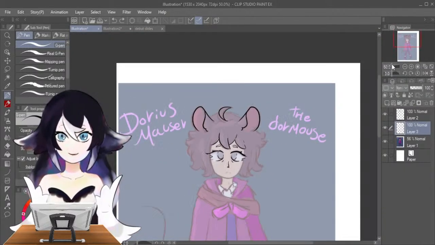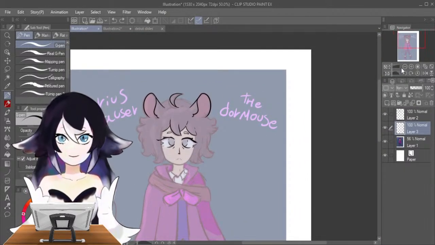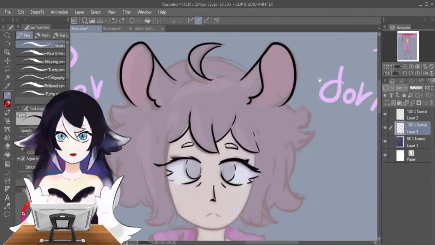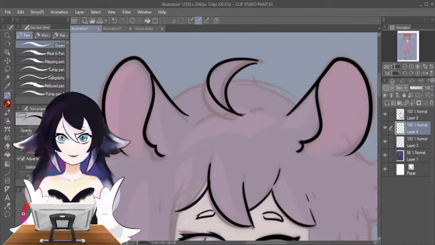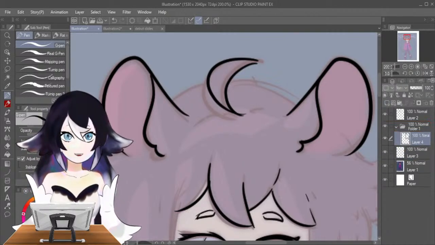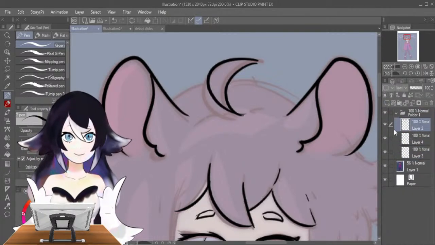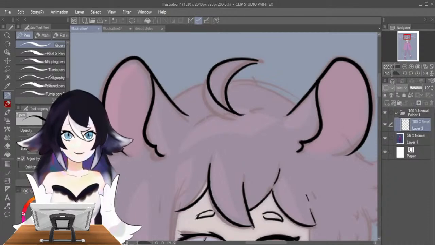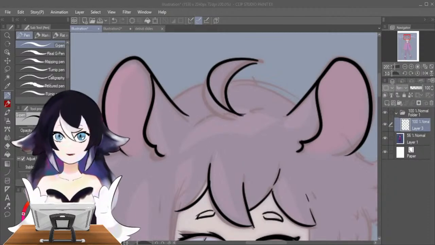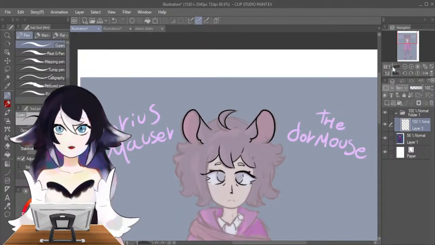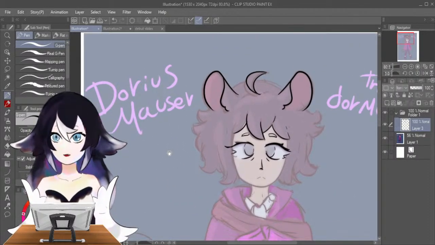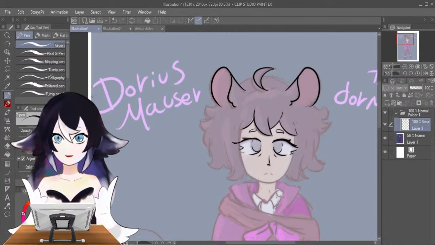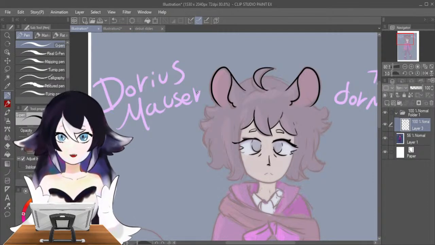So this one is based off the Dormouse from Alice that sleeps in a teapot, because I want to do something fun with him if I get friends who are making OCs for that also. I normally suck at names, but I wanted to make something sounding like Dormouse, and then this just came to my mind. And it reminds me of Darius Mauser. This is an R, if you couldn't tell, it's not a V.